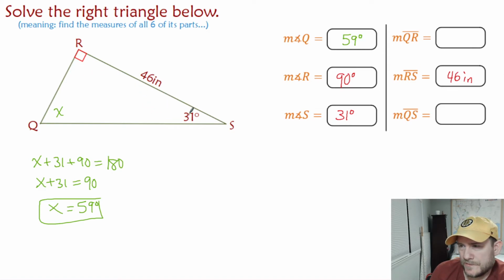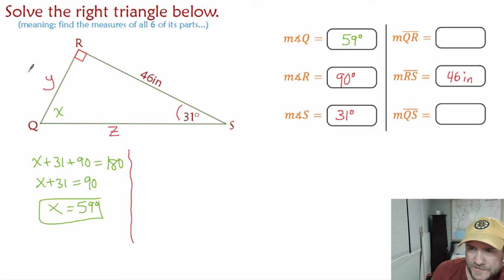So I don't know, the opposite side I'll call Y, since we already found X, and the hypotenuse I'll call Z. So let's see. If I was solving for Y, then I would do so using the 31-degree angle they gave me. Y is opposite from that. And then the other side they gave me, the 46, that's my adjacent side. So again, taking a look at SOHCAHTOA,